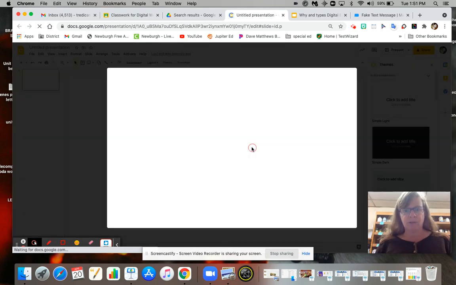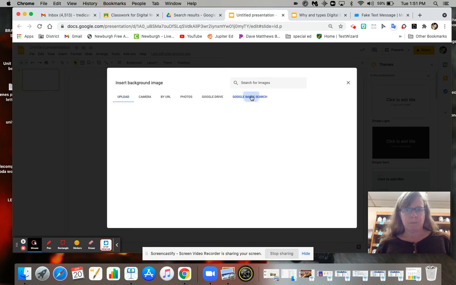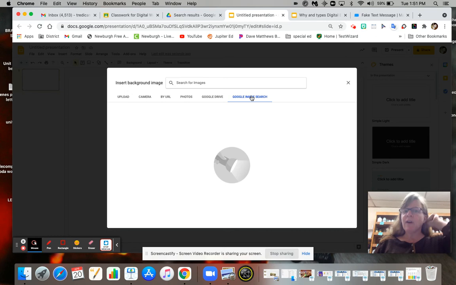So let's take a look. If I use this Google search versus an actual Google image search on a tab, I get limited choices here because these are all the free open ones. Sometimes it's nicer to have the real ones, but